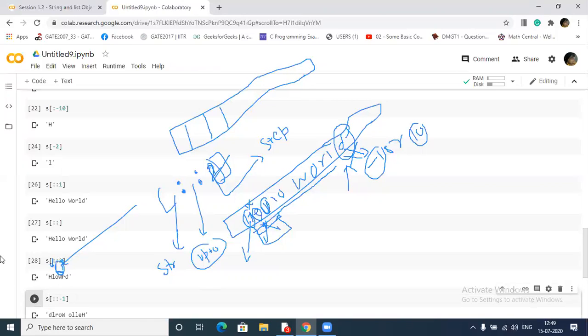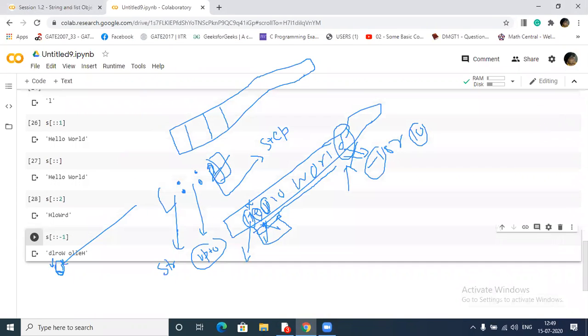See this, D L. Okay, got my point? Any question till now? It is not skipping anything, right? It is not escaping anything, because the step size is 1. Suppose I put the step size as 2, then what will it do?